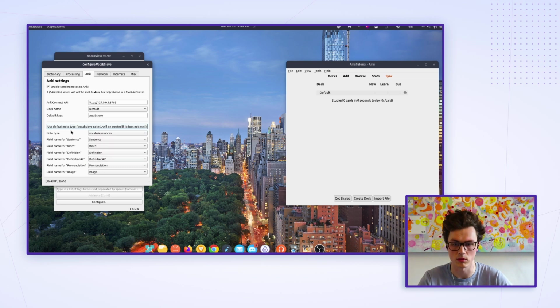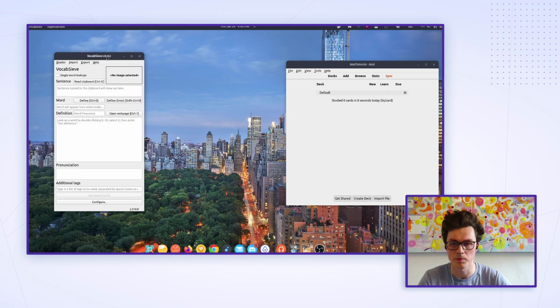And actually, there it is. If you click the button again, it'll auto-populate everything for you. And now you're good to go. You don't have to touch your settings ever again if you don't want to, I promise. So I'm going to close this.